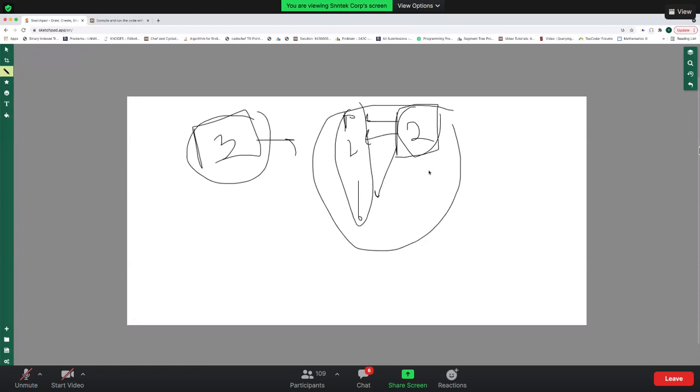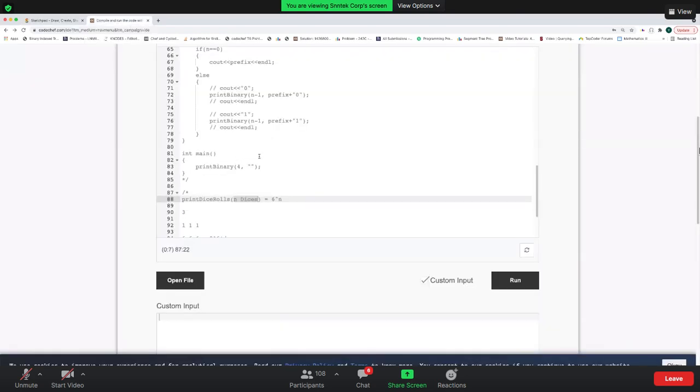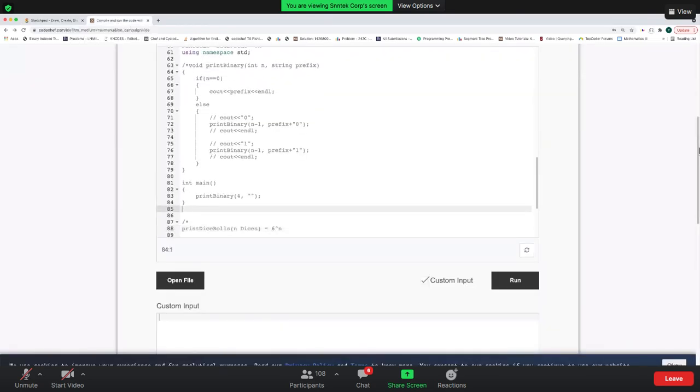Shriram, it's actually exactly the same. Previously, the case was that I wanted to print 3-digit binary numbers. For that, if I know 2-digit binary numbers, I can either append a 0 or 1. But in this case, my cases are totally different. It can be from 1 all the way up to 6. Right? So only a small change will happen.